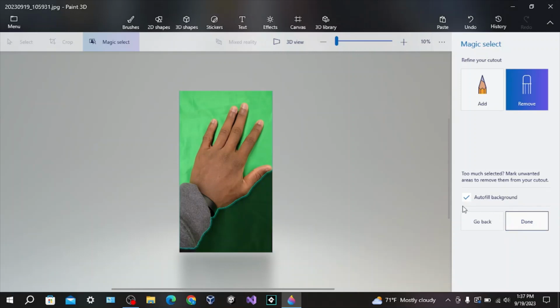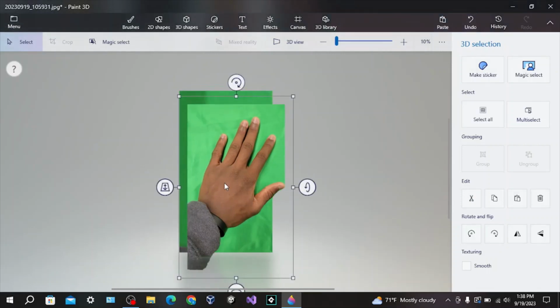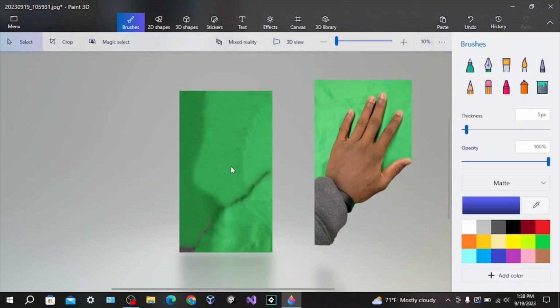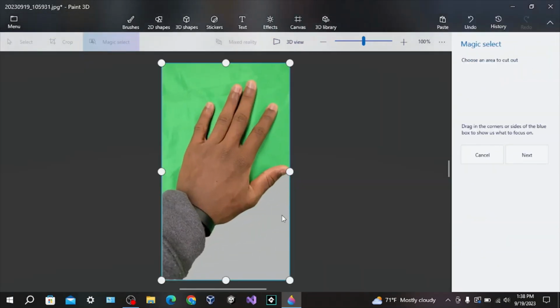So if I move this part, then it becomes a sticker. If I magic select it again,